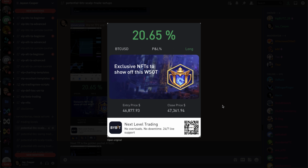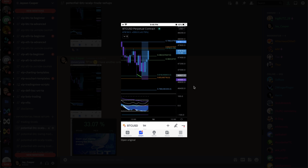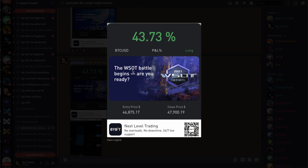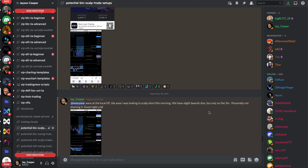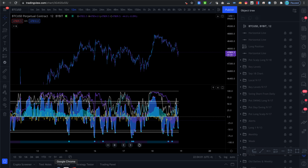Take profits were hit as we kept going. More and more take profits were hit. Look at the bounce out of the golden pocket. The last take profit I took was about 43%. I had another take profit set higher. We didn't hit that, which is okay. I'm actually still currently in the long, but my point is this: the trade setups are easy to spot,